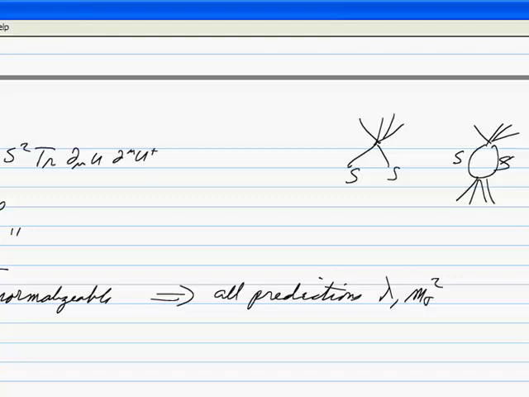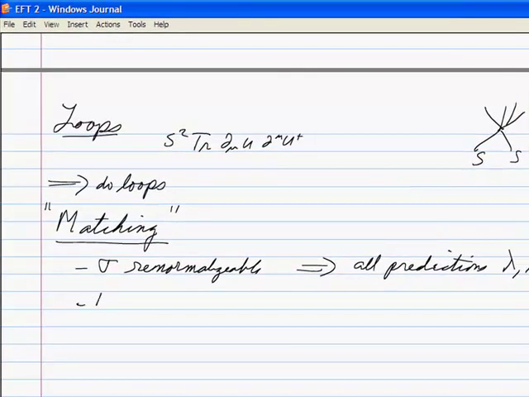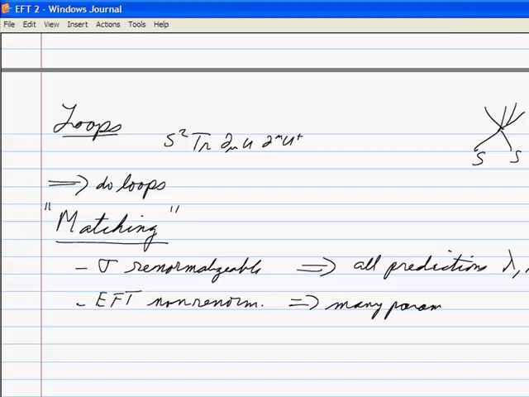That's all you need there. Or you could make it v. We could change that guy to v squared if we want. The effective theory is not renormalizable. Well, it's non-renormalizable, really. Yet we'll do the calculations there, but the non-renormalizable says that there's many parameters in principle. Okay. Matching is then just the technique